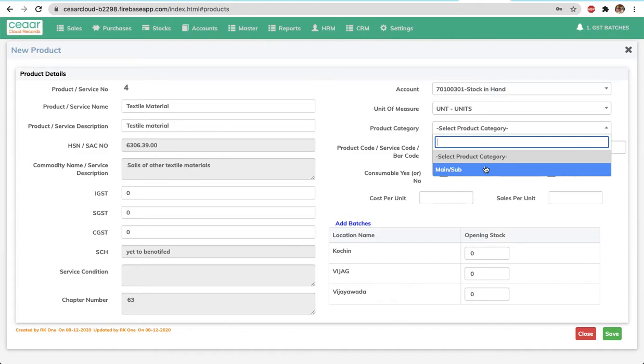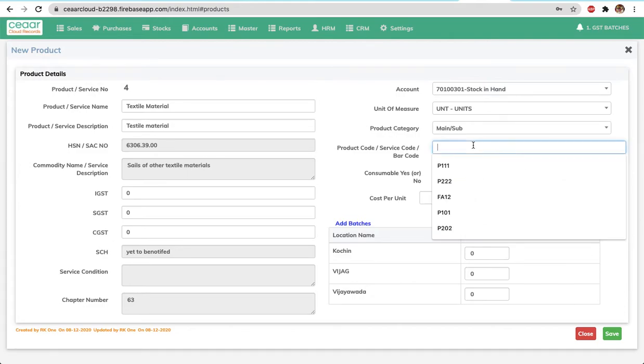Product code: this is the product code we use internally and to communicate to our suppliers and customers. Based on different industry requirements and the customs followed by users, this is a free text field.